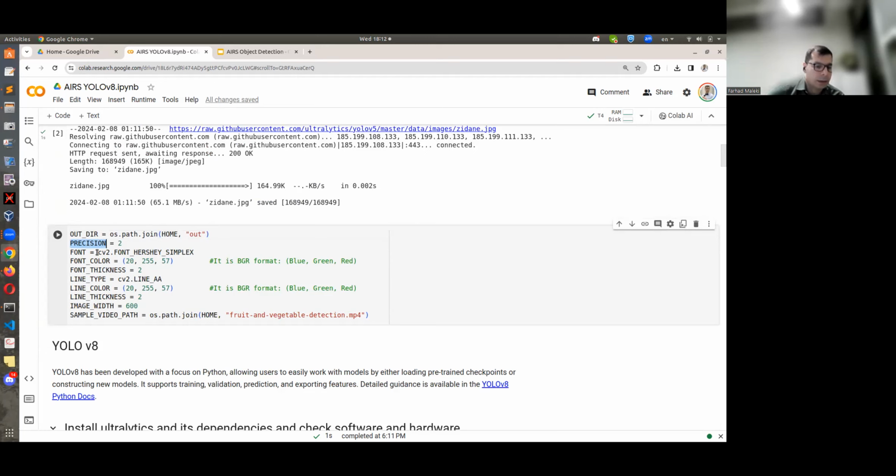These are constants that you can change based on your application: font color, font thickness, line type, line color, line thickness. I also use image width because, for the sake of visualization, I resize the images to a specific width. Feel free to change that.